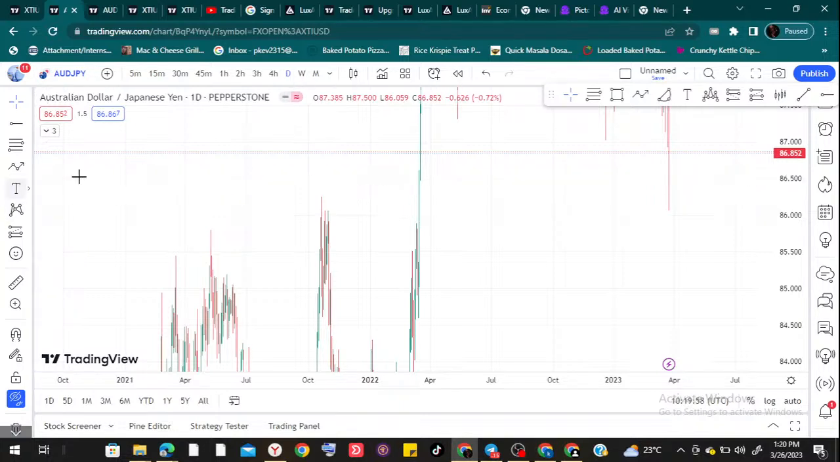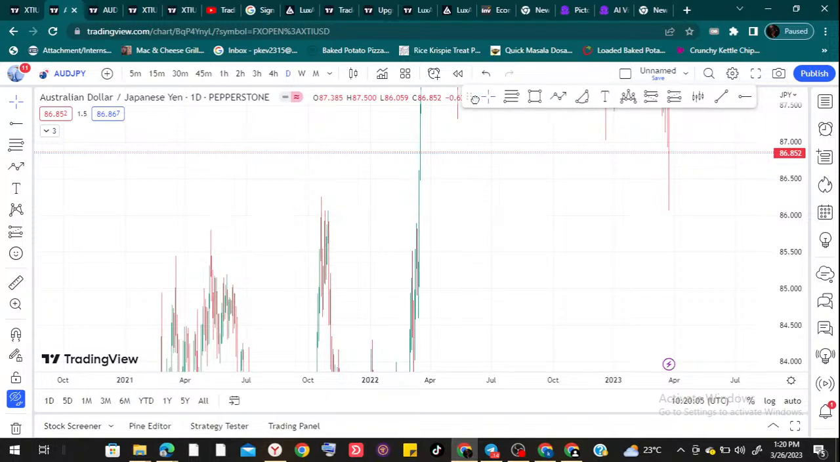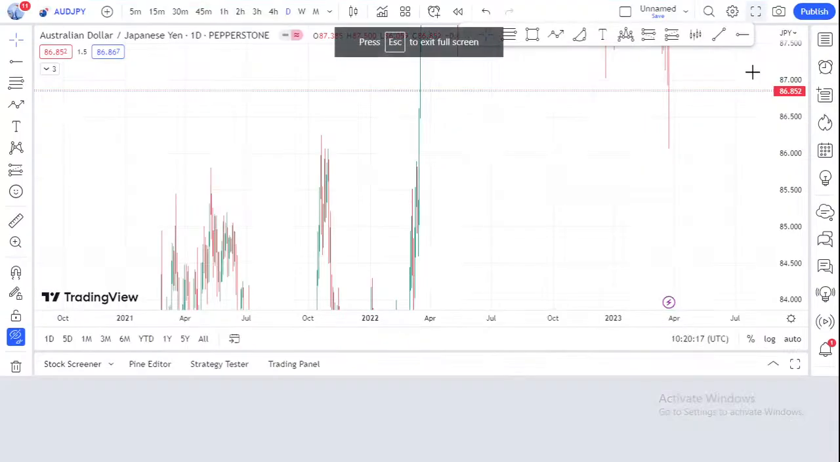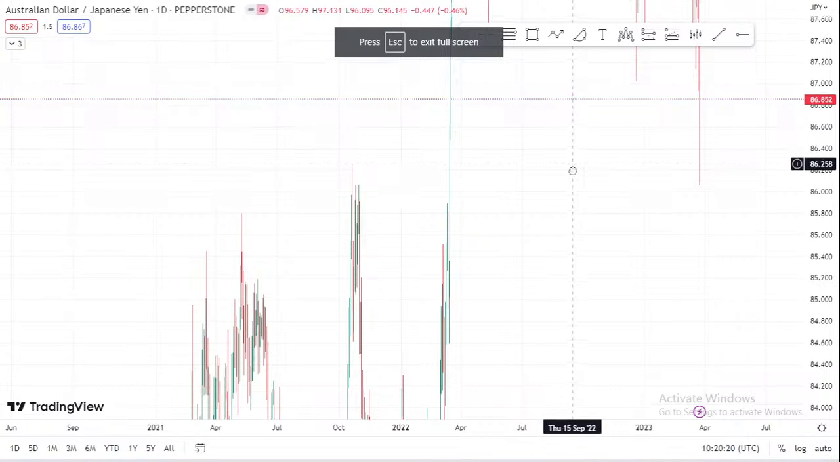So okay, guys, so this is AUDGPY. This is the pair that I really want to analyze today. But before I can start, I hope I have all my tools here. I think I have all my tools, so I'm just gonna expand this,